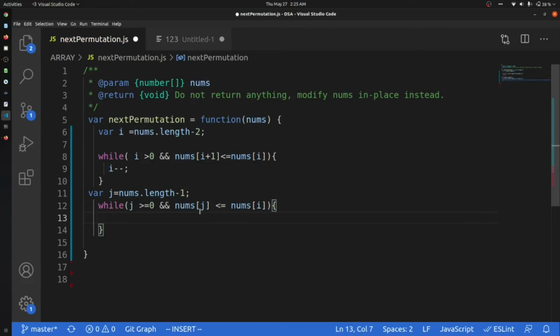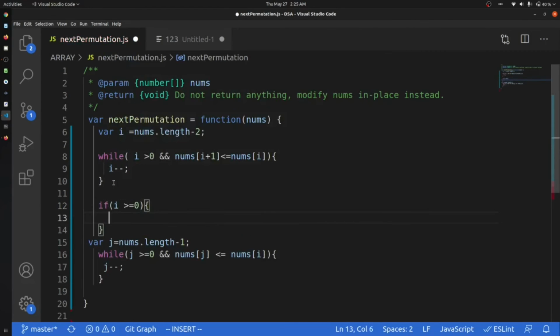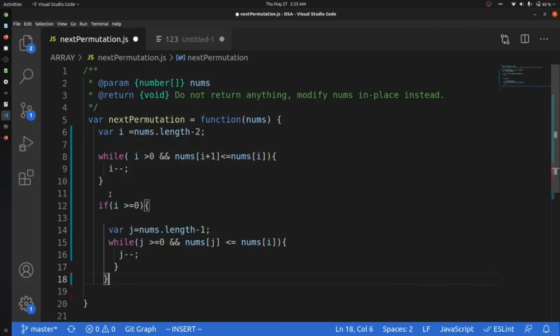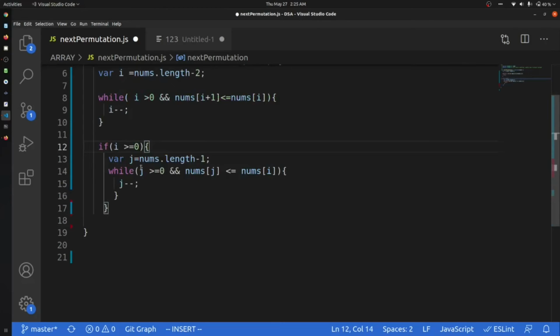Okay, and now we will decrease the value. After that, one thing we will check is if i is greater than or equal to 0, and only then we will do these things. After that what we will do is swap the elements.